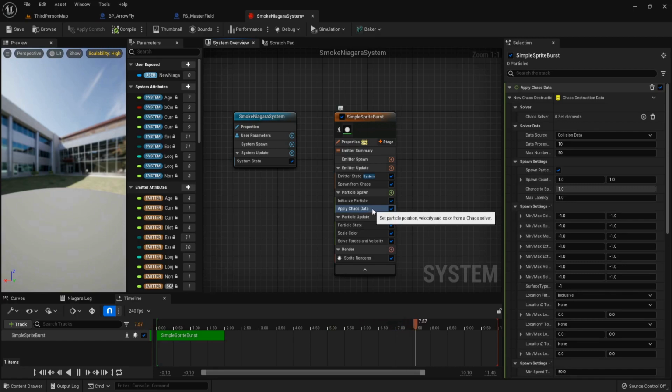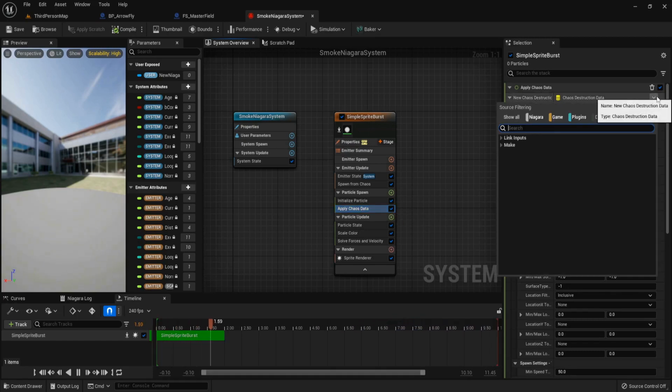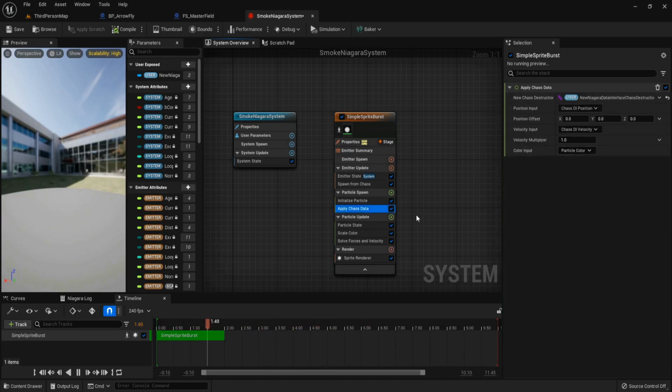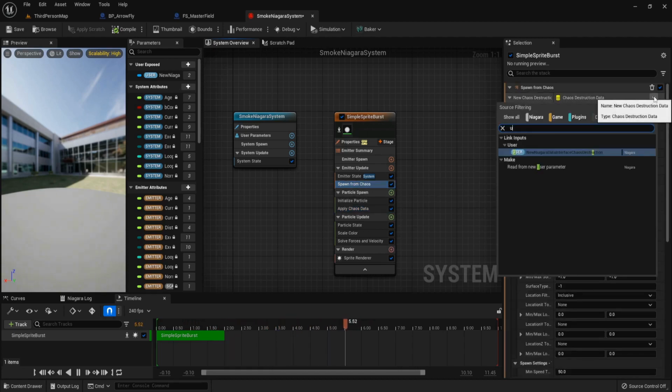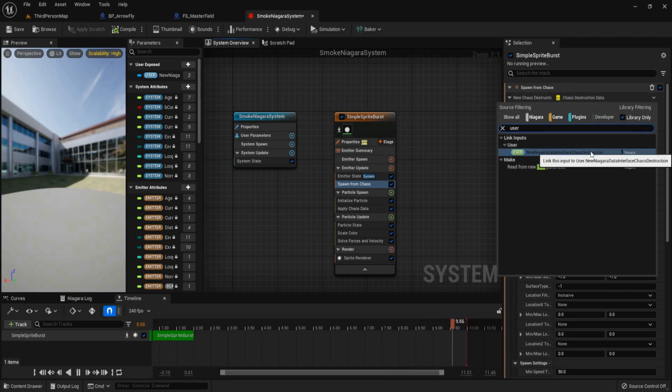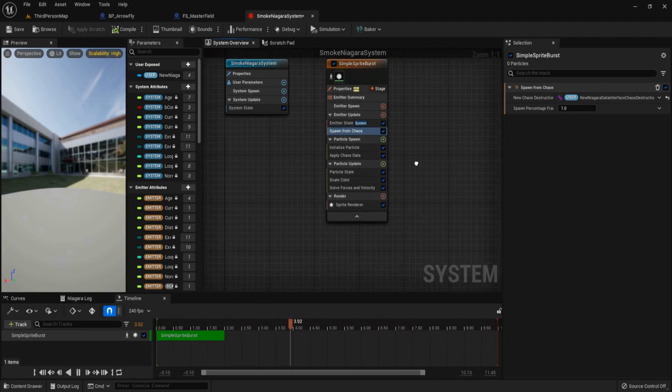Then for apply chaos data, we search for user new Niagara data interface chaos destruction. And the spawn from chaos, we search for user, click on this new Niagara data. Now our Niagara system will spawn from the chaos destruction.